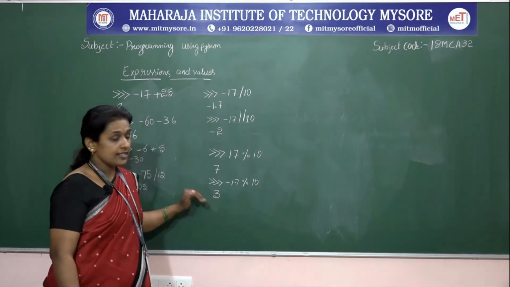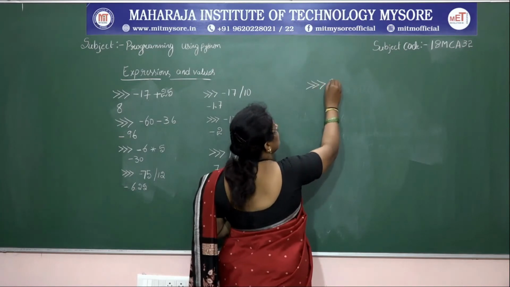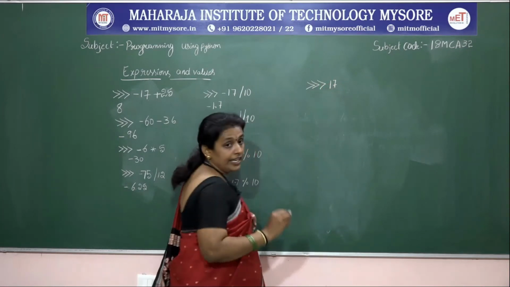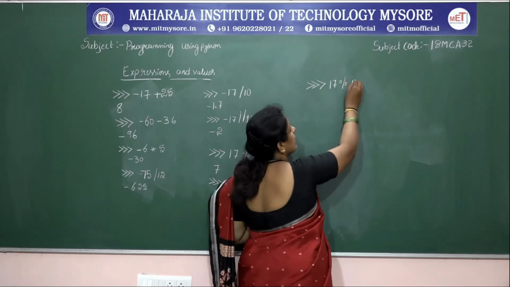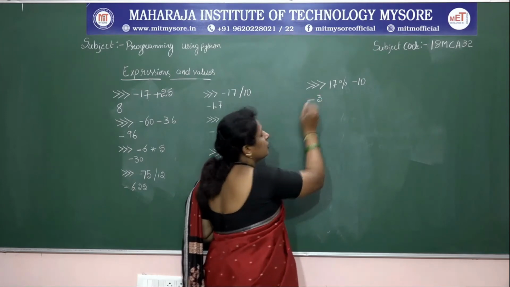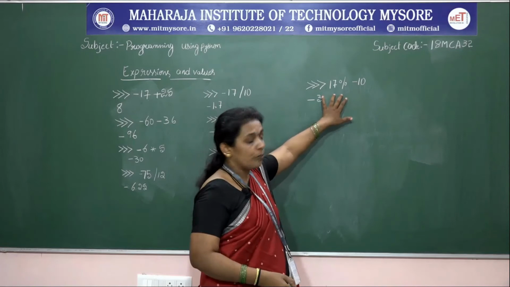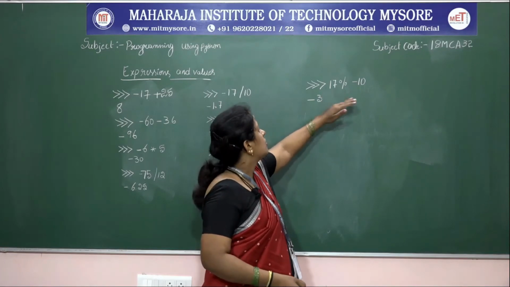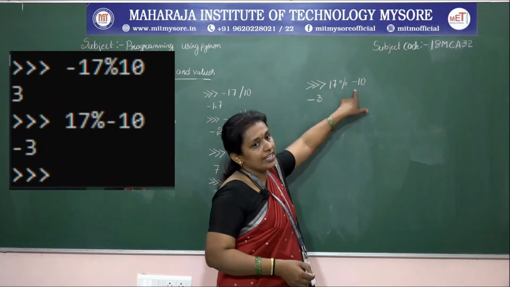Okay. So I will take the same example. It is an integer only, and the divisor is negative 10, then you will get the answer as negative. So when you are going with the modulus operator or remainder operations, the sign will be based on the second operand, the divisor. Okay.